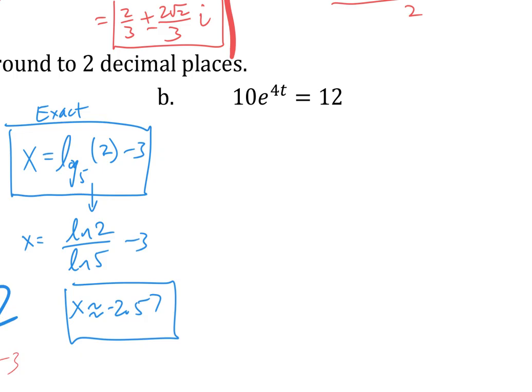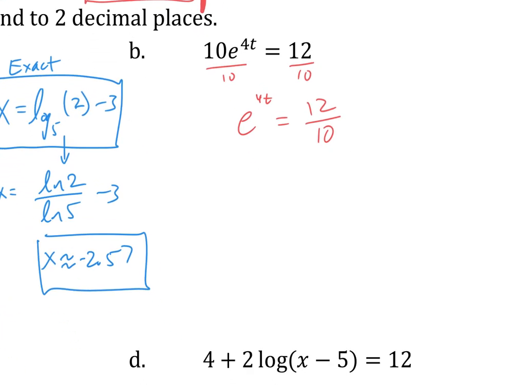Well, let's solve this one. We want to get that exponential all by itself. Let's divide by 10. E to the 4t equals 12 tenths. We could just leave it like that for now, it's fine. Can make it 6/5, I guess. And now we need to change it to a logarithm. So we swing the base around. The base is e. E is our natural number, about 2.71828. So log base e of 12 tenths